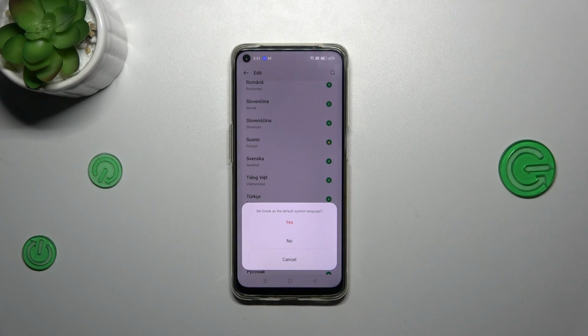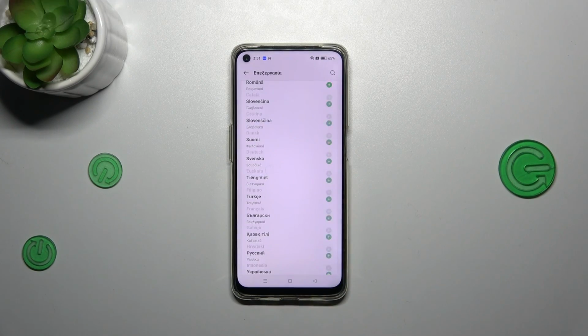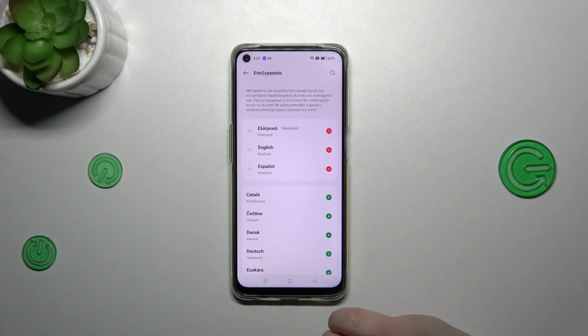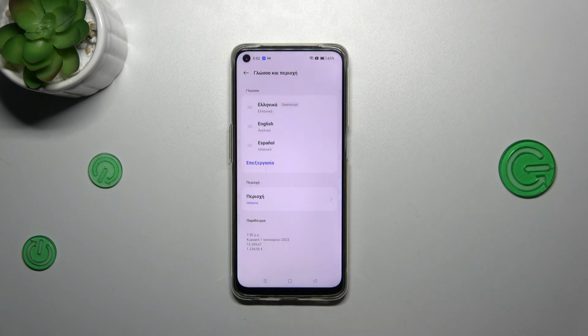Alright, and your device will ask you if you want to immediately set the Greek, in my case, as a default system language. So simply tap on yes. And as you can see, from now on, the whole system and the whole menu will be displayed in the